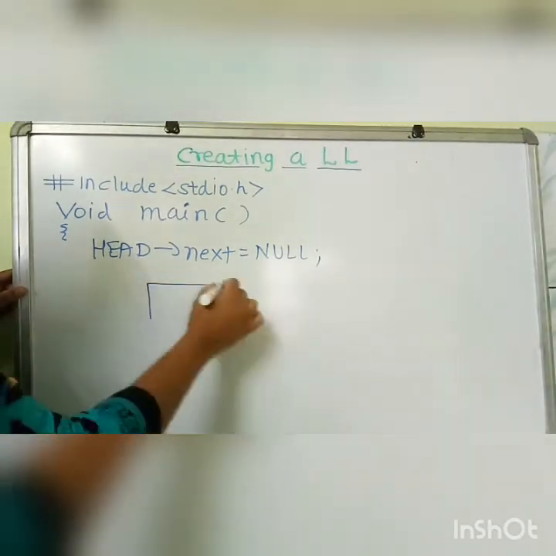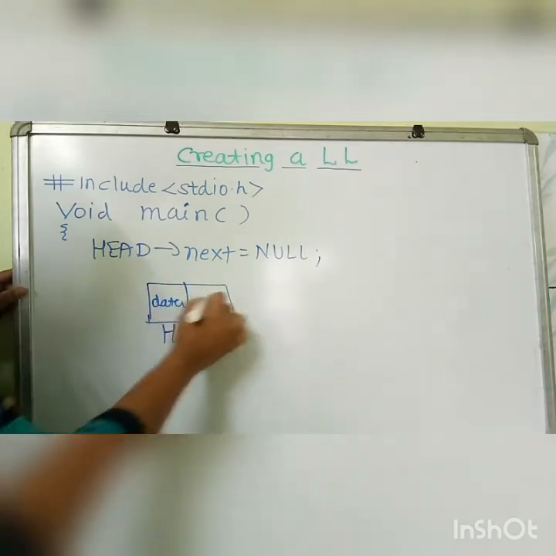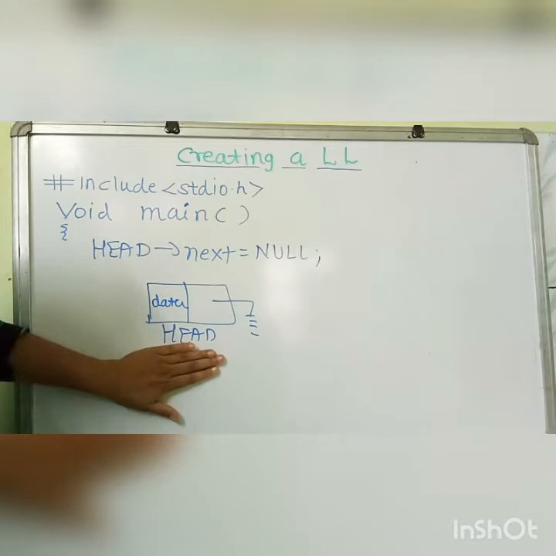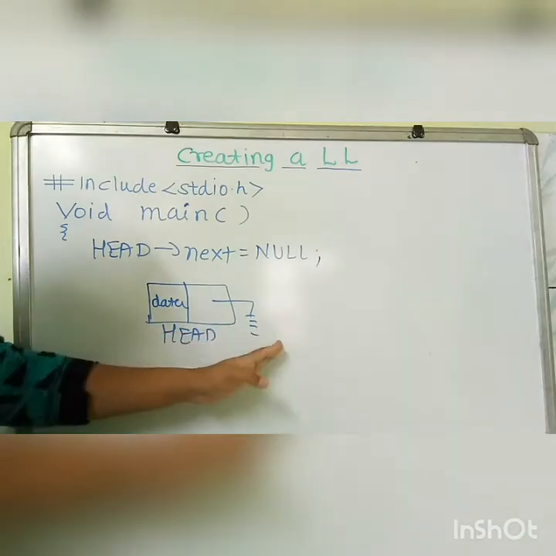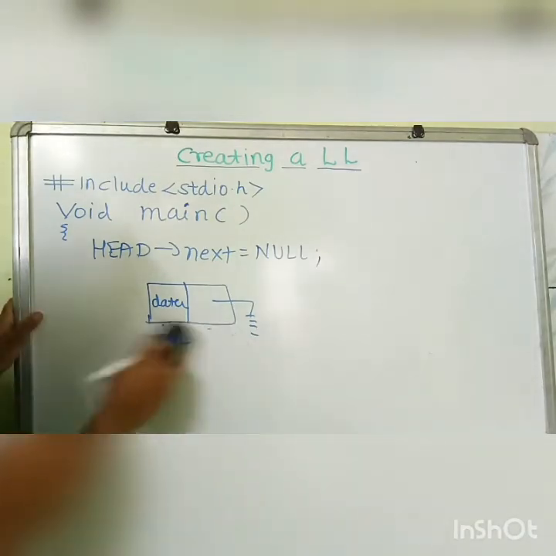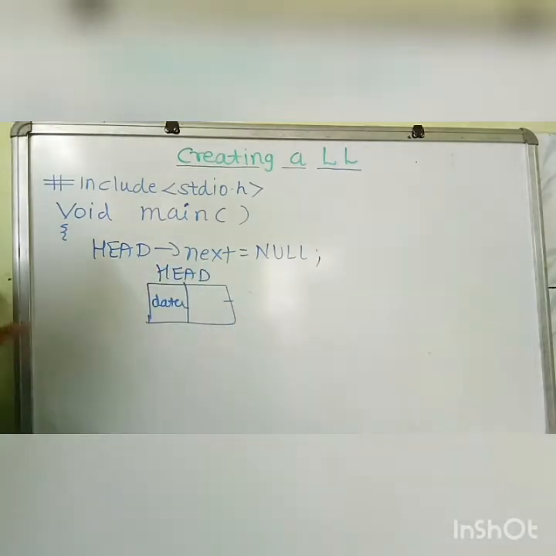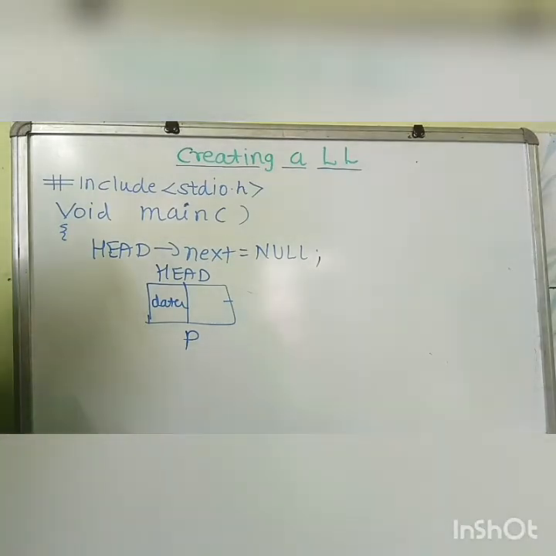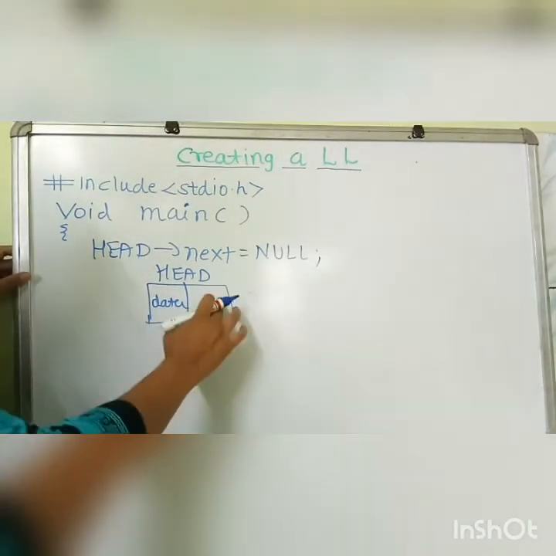Now we will try to design some mechanisms. Suppose it is a head node which we had created, just the data and this is the null. As it is a starting point, we have to keep this head identifier here, and if we shift head to the next nodes, then the mechanism is lost. So we will call it head, but also assign one variable p, which is a pointer type of variable, and it is nothing but a dummy pointer